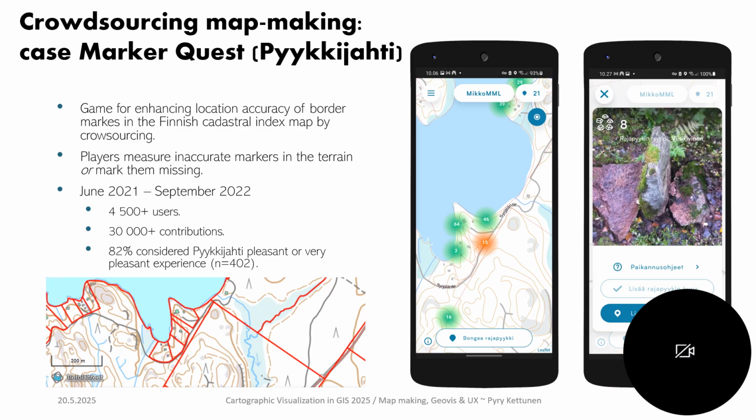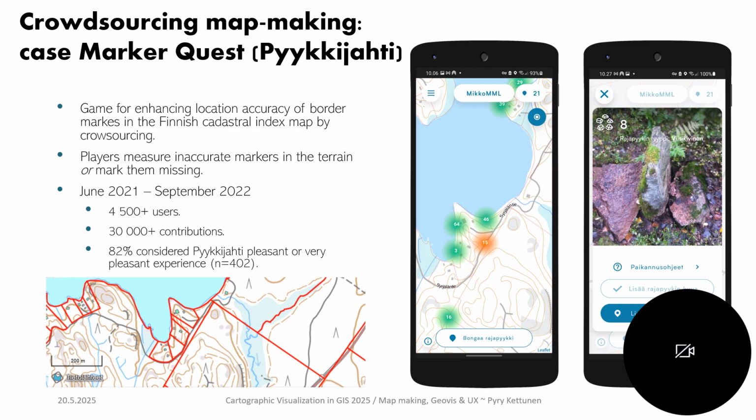collecting locations of border markers, which are essentially this kind, for example, this kind of rock piles, sometimes from ancient times, in the nodes of the land parcels, because Finland has a very efficient cadastral system that the National Land Survey maintains, which defines who owns which land, and very accurately also based on these border markers. But the location of these border markers are in many cases unknown when they are in wilderness and so on. And there was an effort to collect them through this kind of game where these